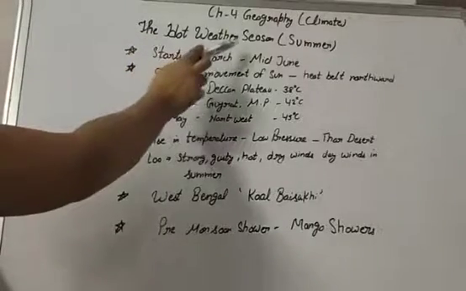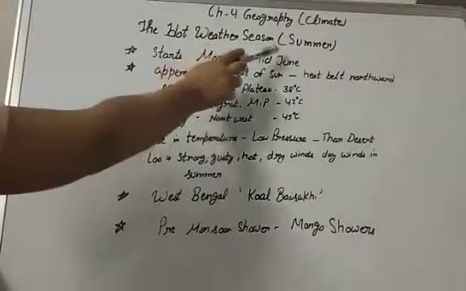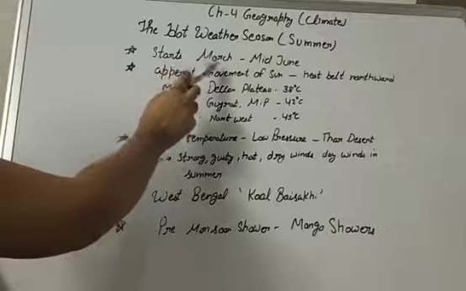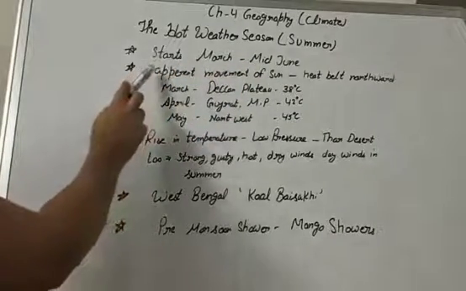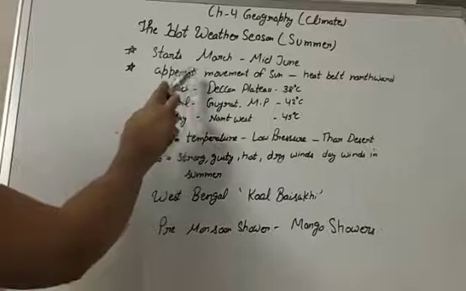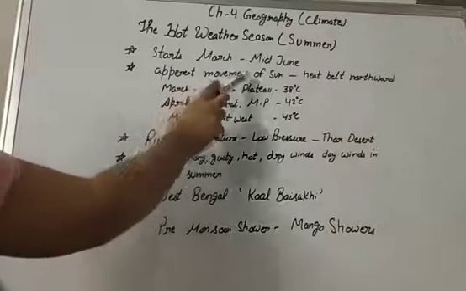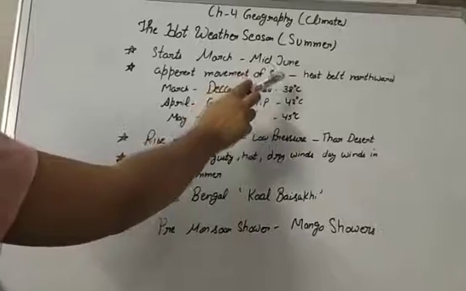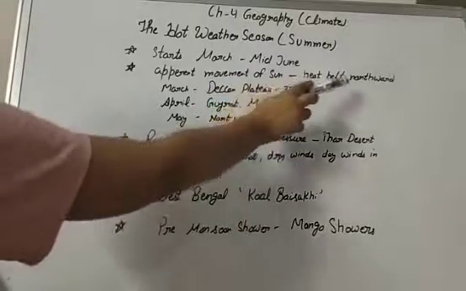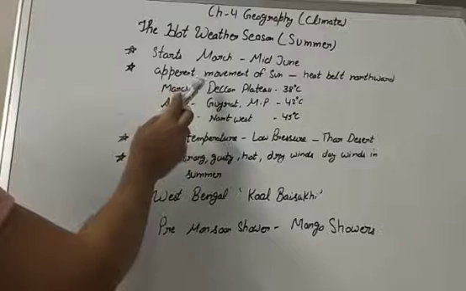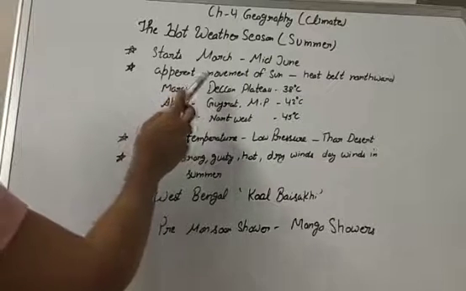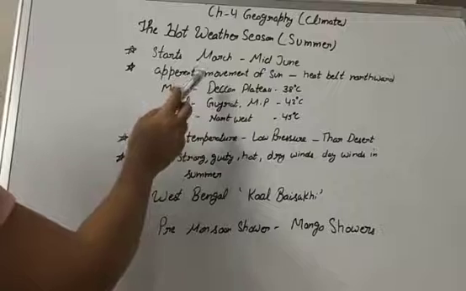The hot weather season in India refers to the summer that begins in March and lasts till mid-June. In India, summer is caused by the apparent northward movement of the sun, which shifts the global heat belt northward. Its influence can be seen clearly from temperature recordings taken from March to May at different latitudes.